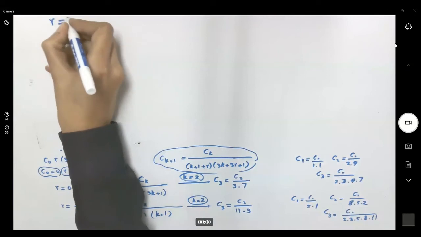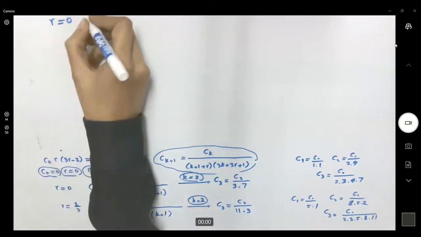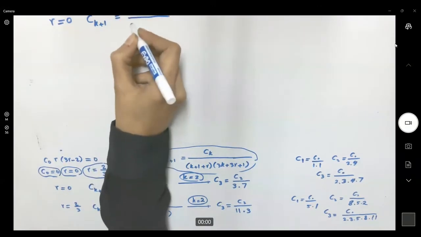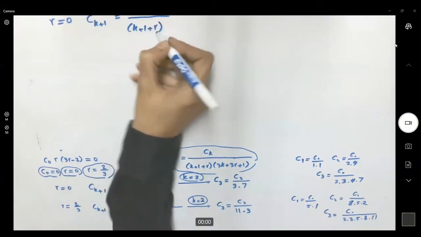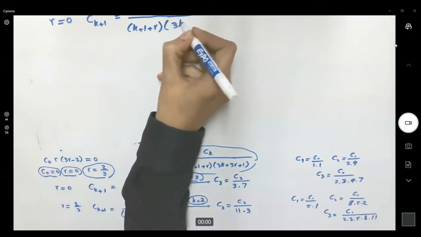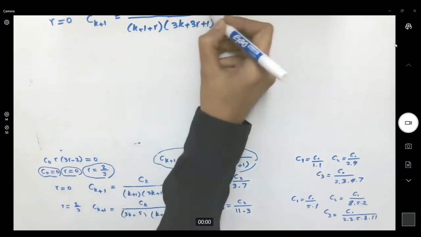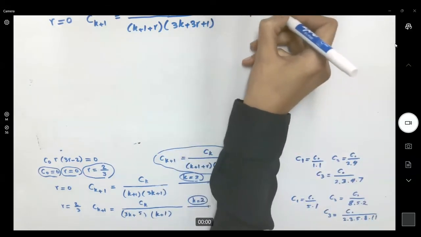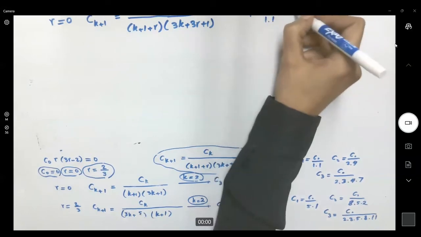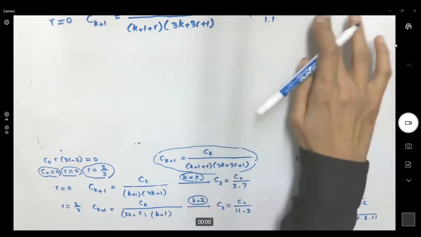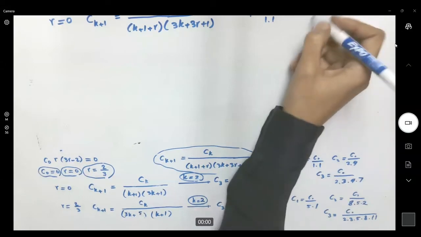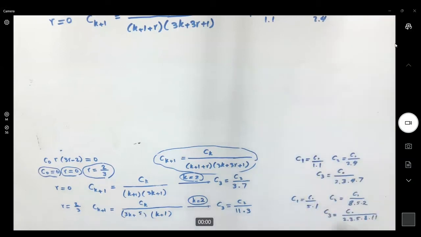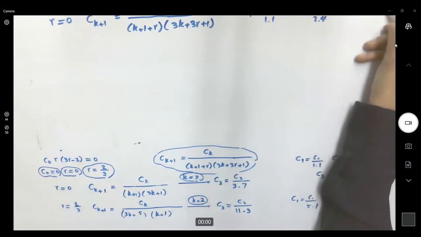So R equal to 0 gives us C sub K plus 1, which is C sub K divided by K plus 1 plus R times 3K plus 3R plus 1. And from this, we got C sub 1 is C sub 0 divided by 1, 1, and C sub 2 becomes C sub 0 divided by 2 times 4. And then C sub 3 that we found is C sub 0 divided by